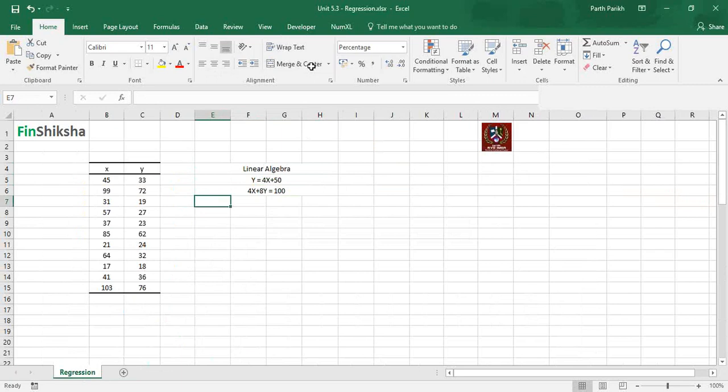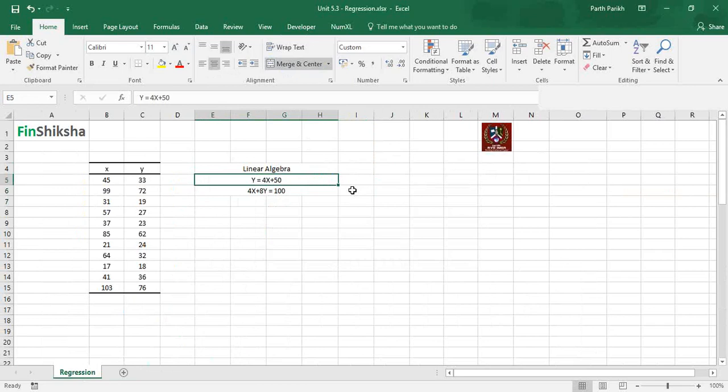Okay, now in this equation there are two variables. Again, in this equation there are two variables. Both the equations are of the same form, so this equation can be converted to minus 4x plus y equal to 50. Because 4x goes to the left hand side, it becomes minus 4x plus y equal to 50, and the other equation remains the same. So both the equations are in the form of x and y.